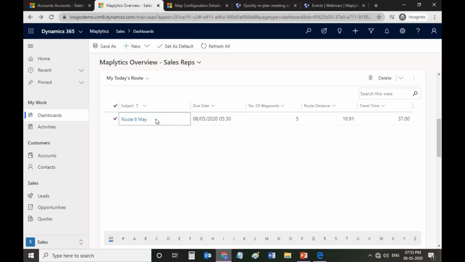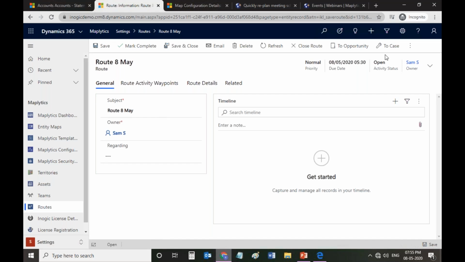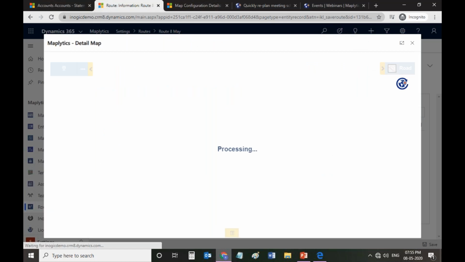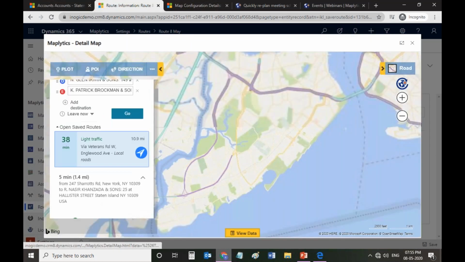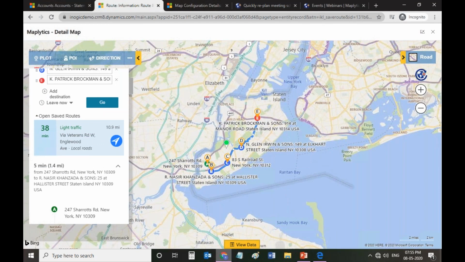He can directly click on this, and this will open the route record, and within this you can click on the plot route button in order to plot that route on the map. So this makes it much easier. If the salesperson has a dashboard created for himself, he can simply open the dashboard and see all of the routes that he has to follow.